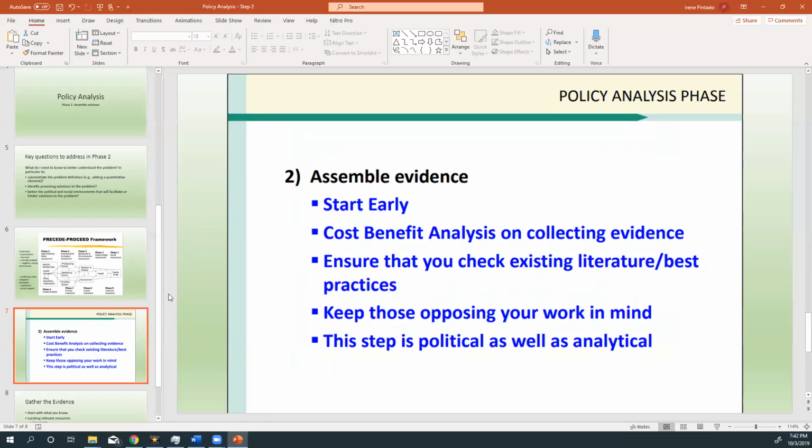So overall, let's start. For this assembling the evidence thing, what can you do? Well, start early. Don't wait till the day before, because you do have to be pretty creative, and you do have to have time to brainstorm together. The other thing is, as you're collecting the evidence, always think about kind of doing, not a formal cost benefit analysis, because I'm not teaching that, but kind of start thinking about